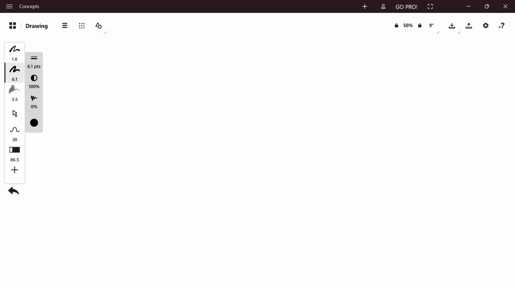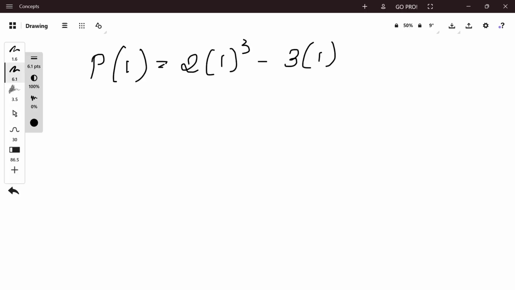In this case, c is equal to 1. Substituting x equal to 1 into p(x), we get p(1) is equal to 2(1)³ minus 3(1)² plus 2(1)